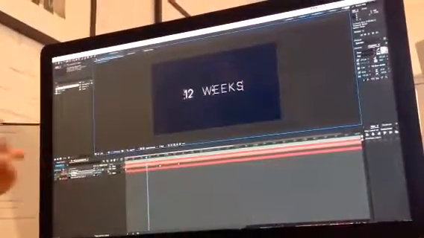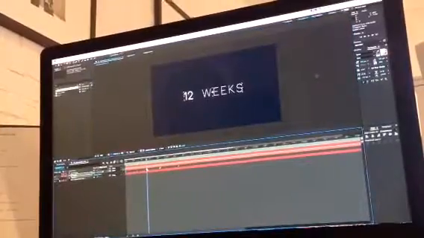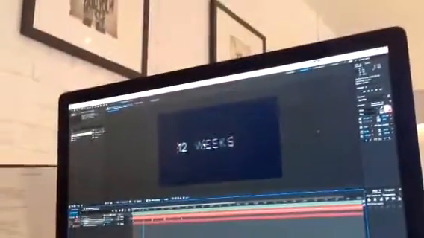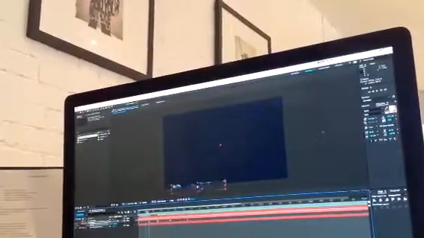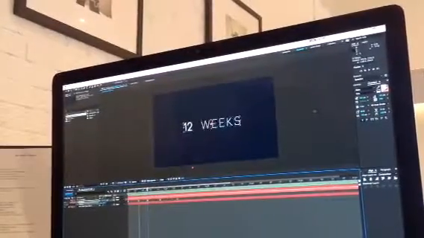Here you can see these keyframes down here. This is position, and this indicates that the position is here. If I add a keyframe here, this means that over this duration of time, the text will move to that position, which is all pretty basic